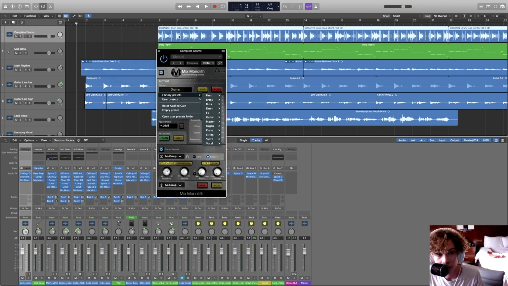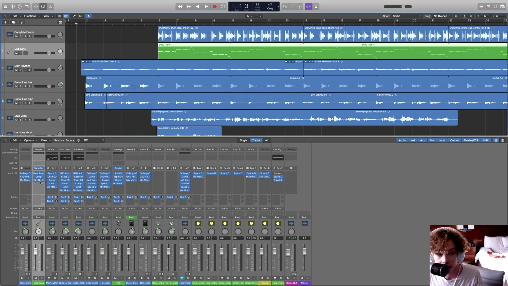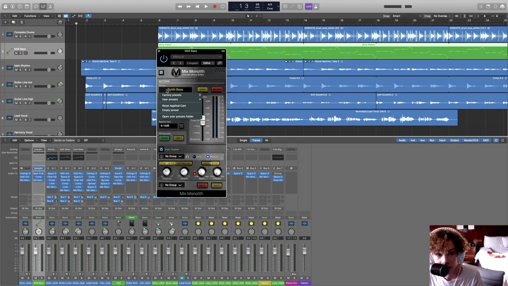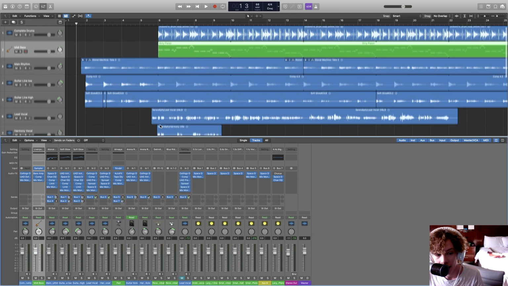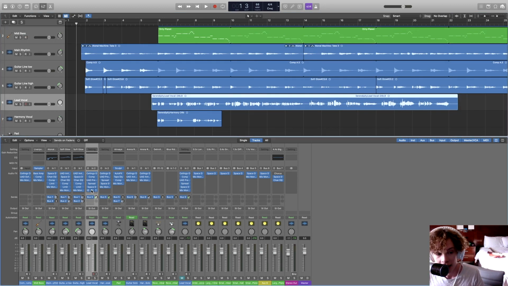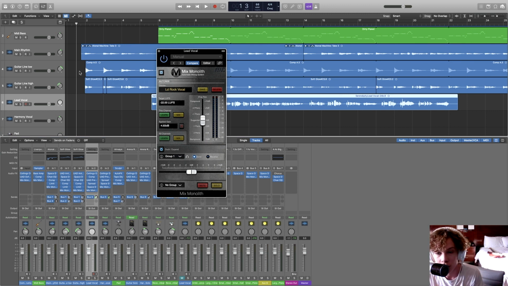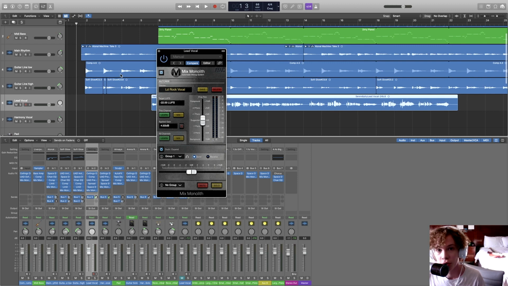I have a complete drum track here, so I'm going to go into bus, and I'm just going to select drums there. And then you go ahead and do that with all of your tracks. I've got a MIDI bass here, otherwise called synth bass. And the beautiful thing about this plugin is that you do not have to adjust any of your volumes yourself. This plugin does it perfectly for you by the press of a button, and it is mind-blowing how well it